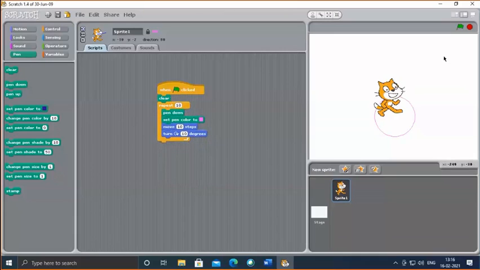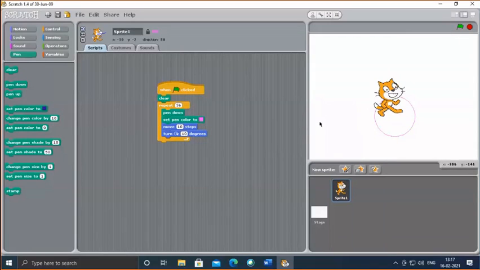Okay. So now let's see. I'll click on the green flag only once. But see over here, repeat 10 times it is. I'll make it, instead of 10, I'll make it 36 so that it completes the turn, isn't it? You've learned in the angle concept, children, isn't it? If I'm moving it by 10 steps, I should multiply it by 36, so it becomes 360, isn't it? So 36 is required. If I repeat it 36 times, the complete circle will be drawn, isn't it?